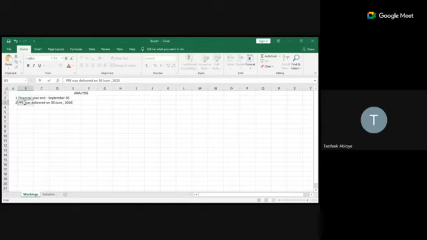Then, our information number 3 is that the invoice price is